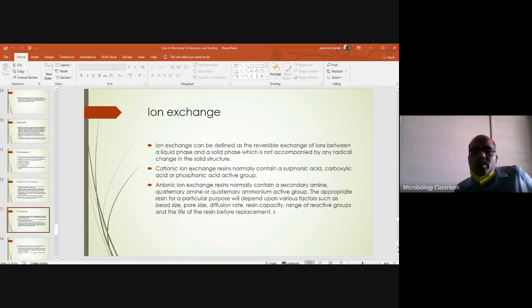Whereas anionic ion exchange resins normally contain a secondary amine, quaternary amine, or